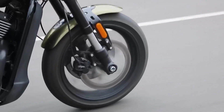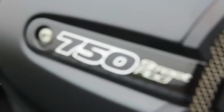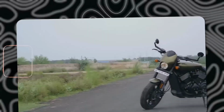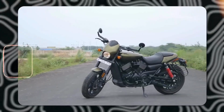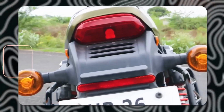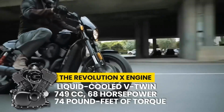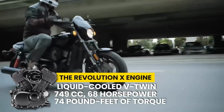Built on the same platform as the Street 750, it promised to be sportier, edgier, and more responsive. Harley envisioned it as the perfect balance between classic design and modern performance, targeting city environments while still offering enough punch for weekend rides. At the heart of the Street Rod is the Revolution X engine, a liquid-cooled V-twin that